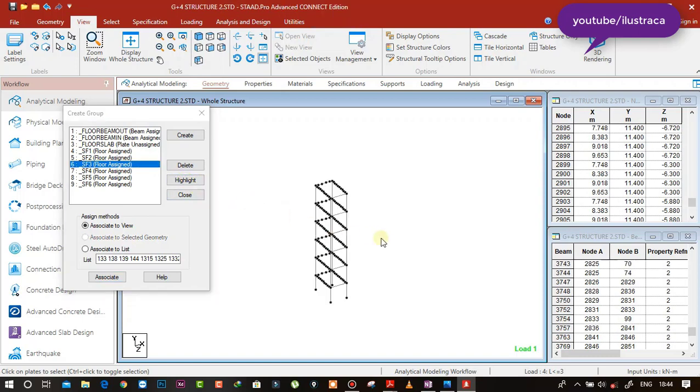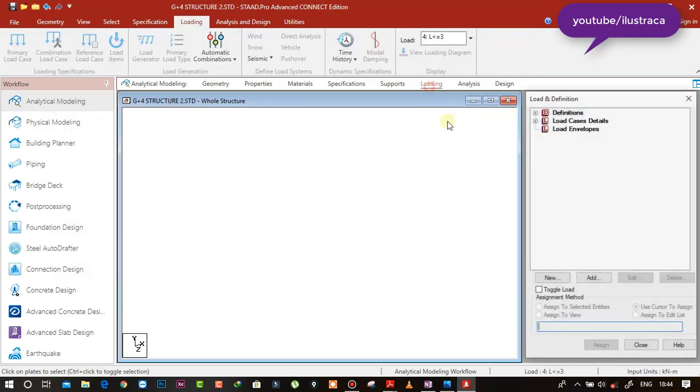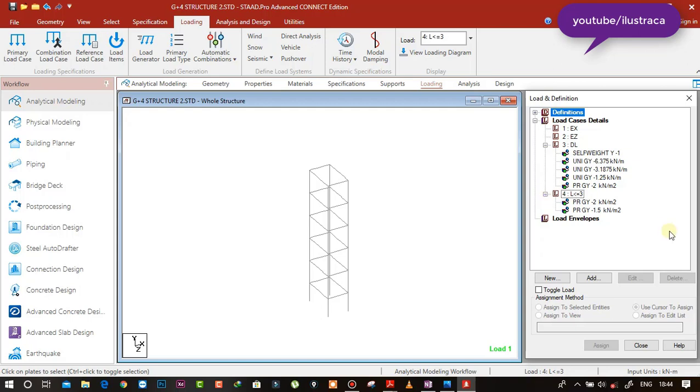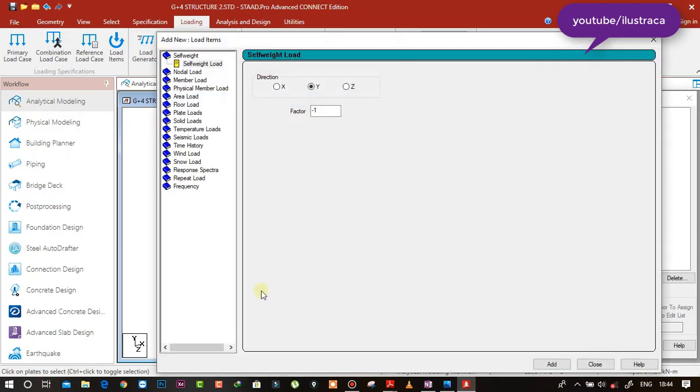Okay, so now we are going to give the loads here. For stair we have a dead load of 3 kN and a live load of 3 kN. Dead load of 3 kN means the weight of the slab and the steps, and the live load of 3 kN is given in IS 875 part 2. Okay, so go to dead load, and we are going for floor load now, not plate load, floor load.